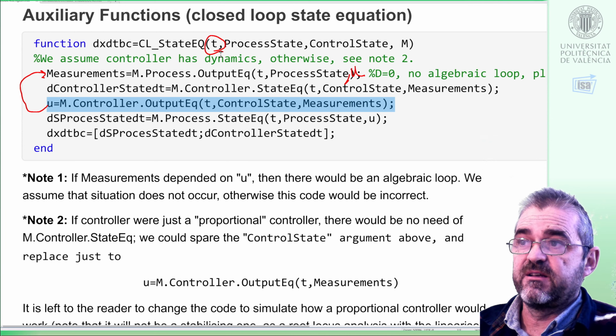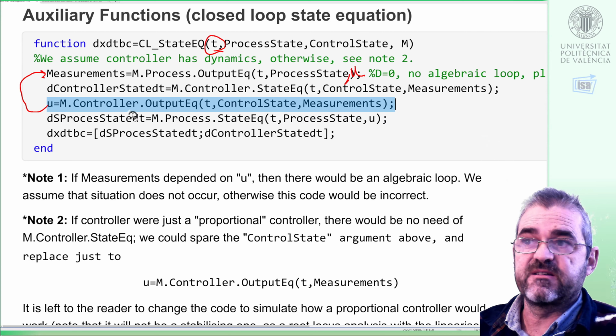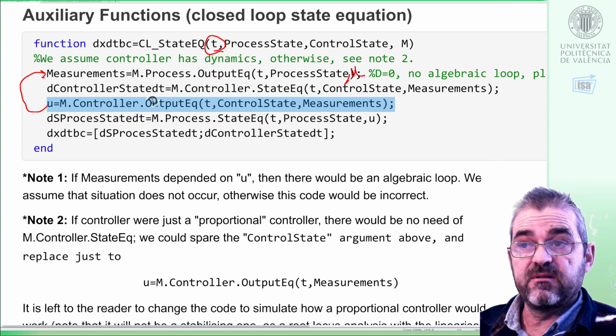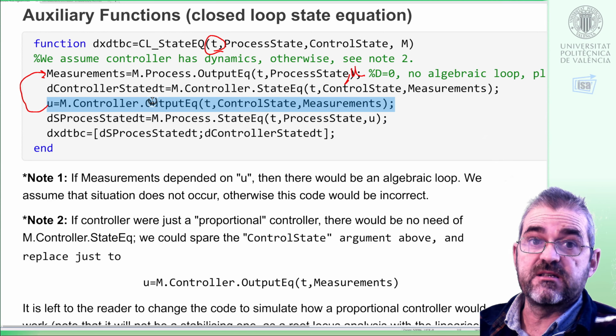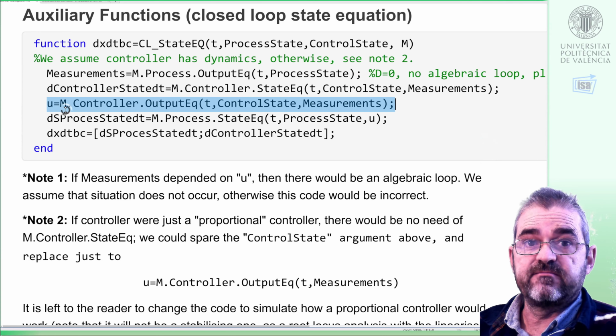Hence in that case this code would need some kind of algebraic equation solver, but as I said, we will forget about that because we wish to keep things simple and it's not needed in this pendulum simulation. So, assuming no algebraic loop, this line computes the correct control action,